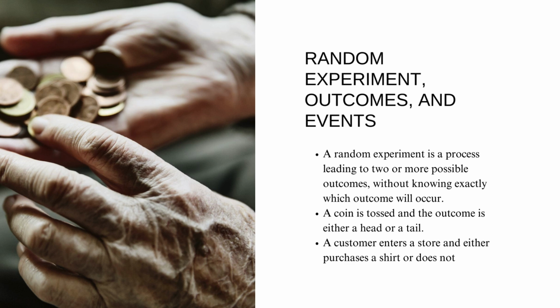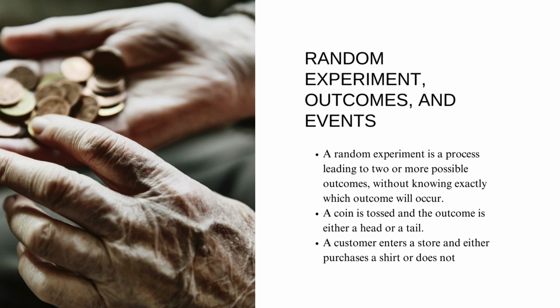To help you develop a clear and rigorous understanding of probability, we will first develop definitions and concepts that provide a structure for defining probabilities. These definitions and concepts, such as sample space, outcomes, and events, are the basic building blocks for defining and computing probabilities. Probability begins with the concept of a random experiment that can have two or more outcomes, but we do not know which will occur next.